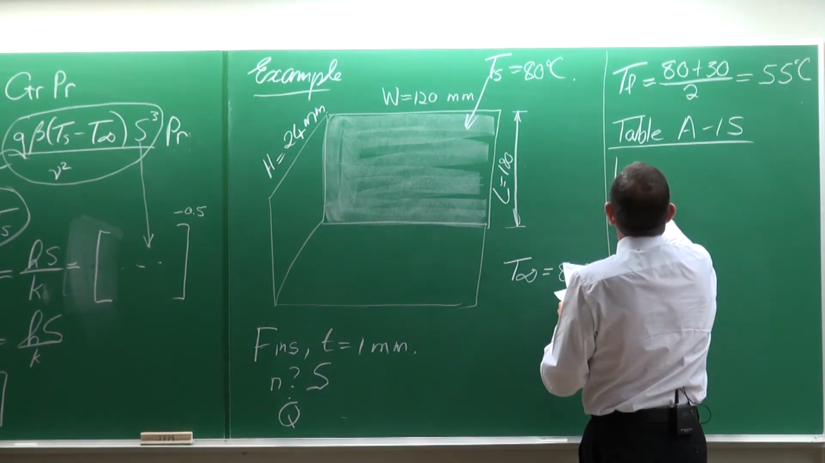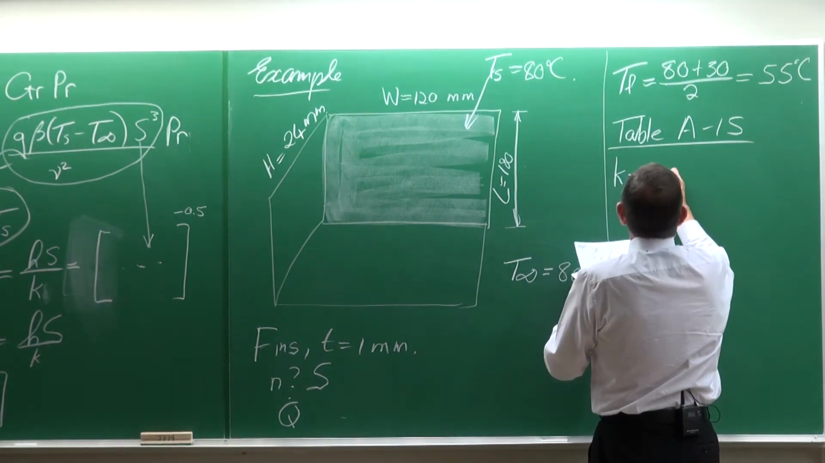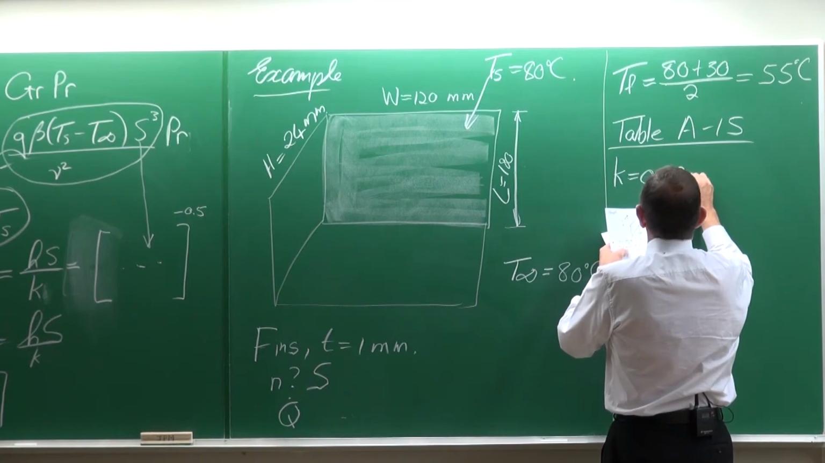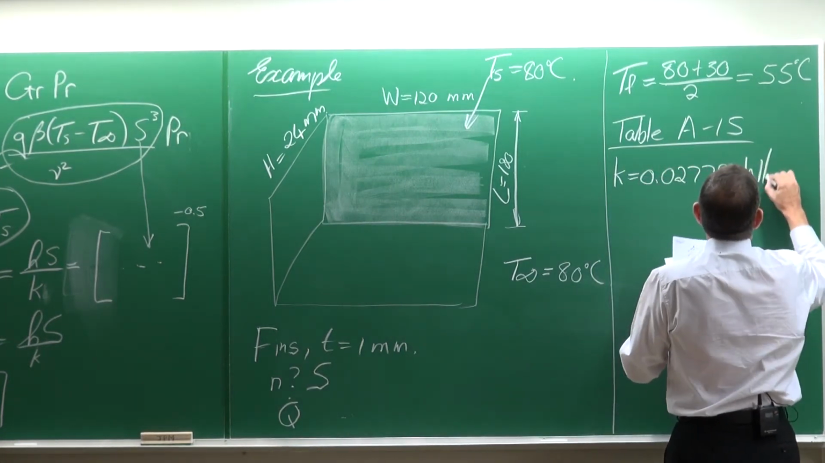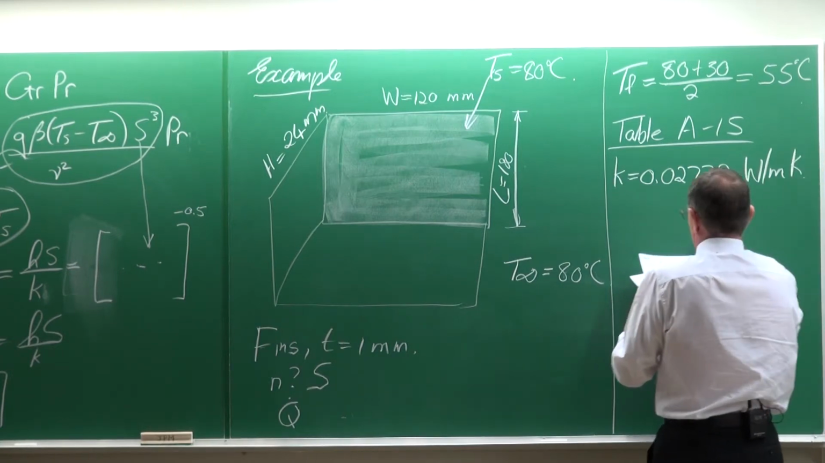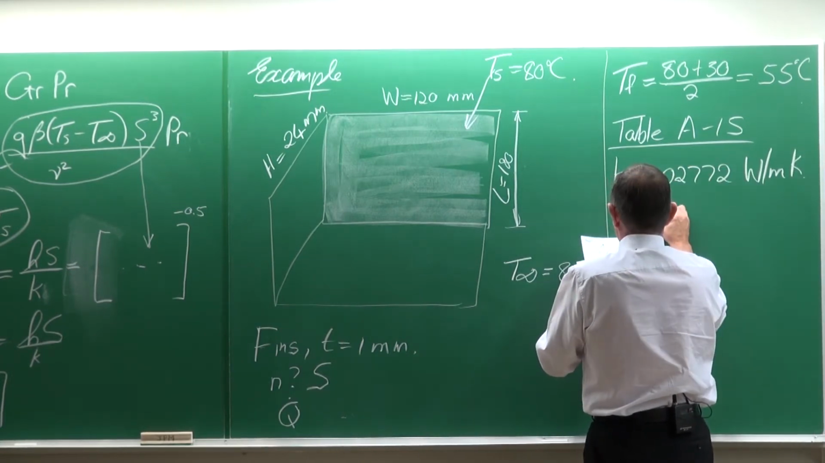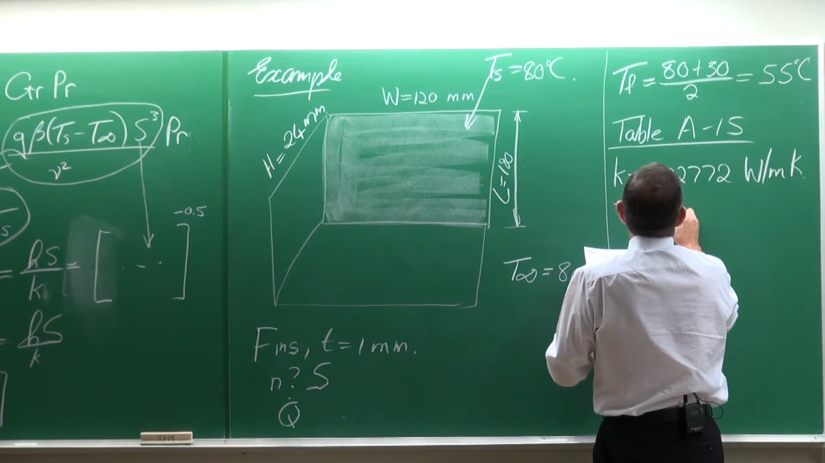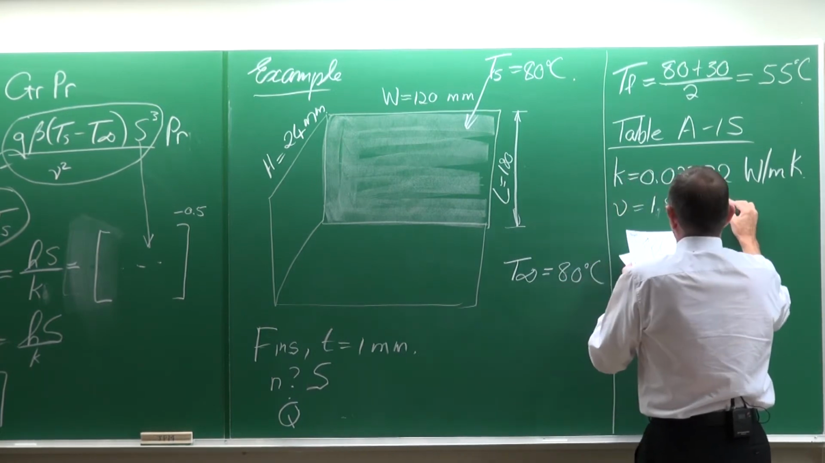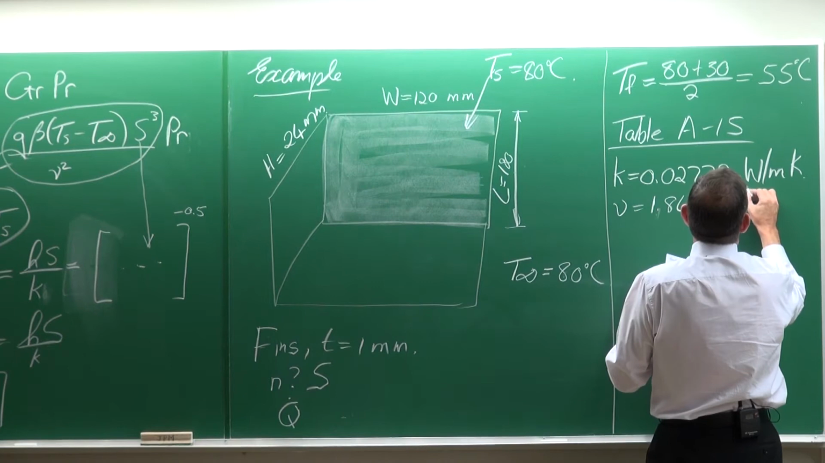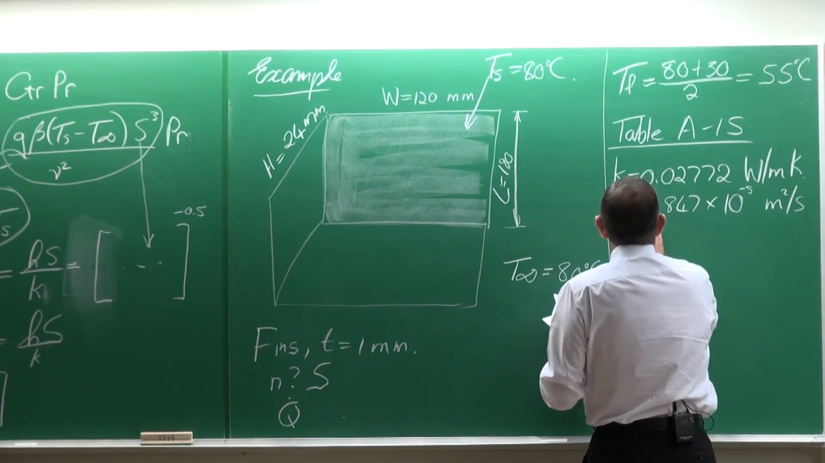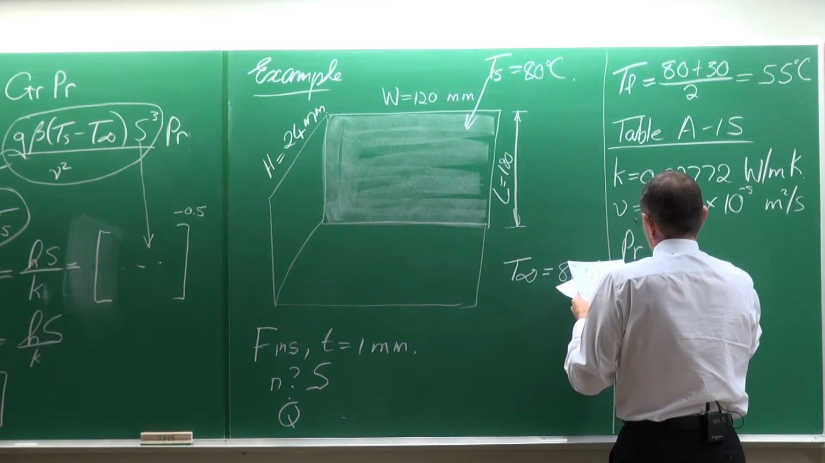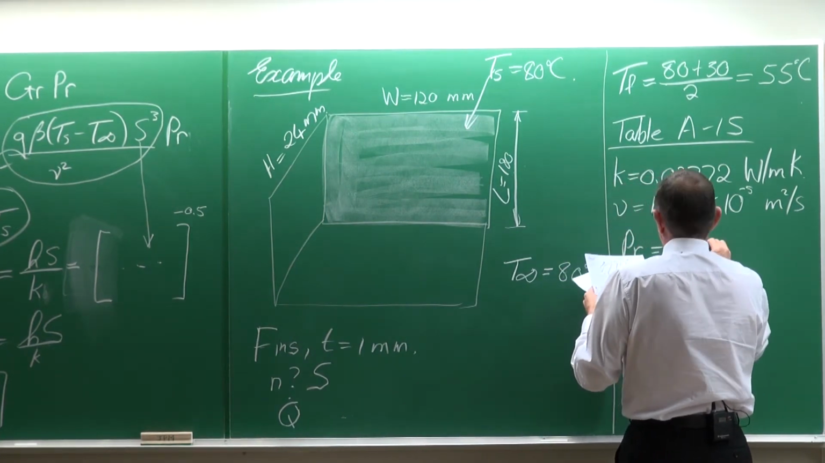And then you can determine the K value for the air is equal to 0.02772 watts per meter Kelvin. The kinematic viscosity is equal to 1.847 multiplied by 10 to the minus 5 square meters per second. The Prandtl number is equal to 0.7215,